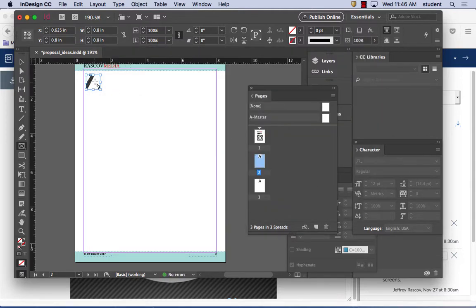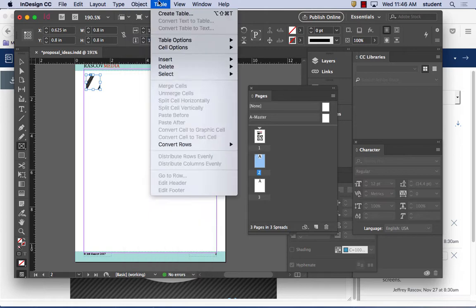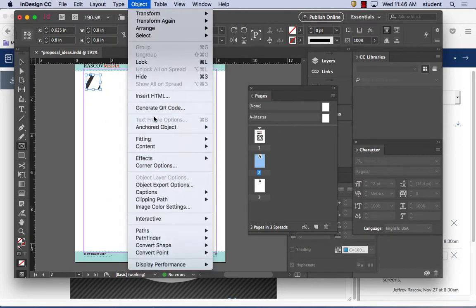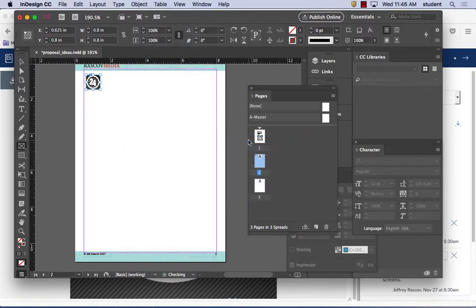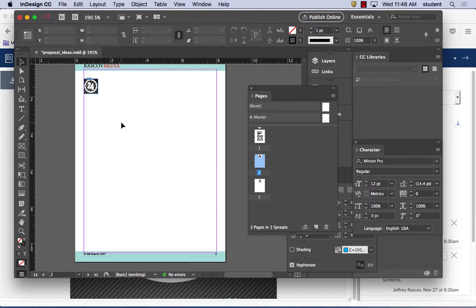Again, if it's too big like that, if you remember from last class, I was showing how you can scale it down to fit in there by going underneath the object and fitting and saying fill proportionally or fit content. One of these will fit frame, so you can fit the artwork to it like that. So I might have this in the upper corner, and